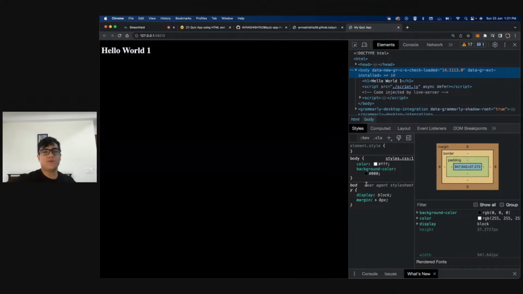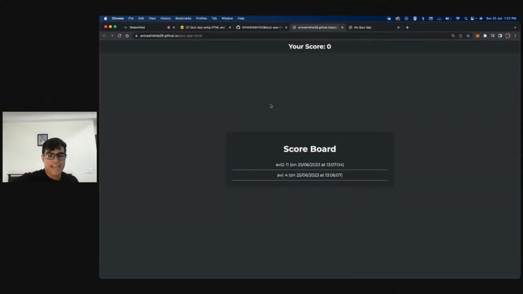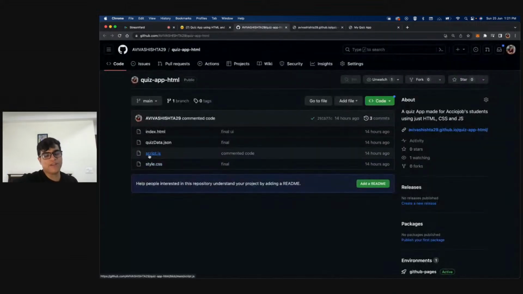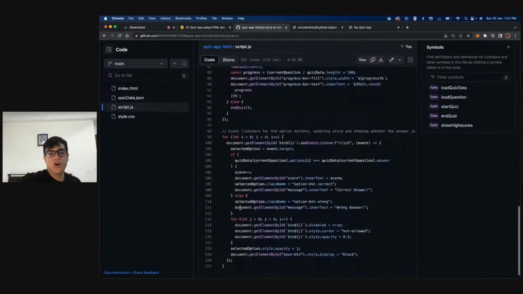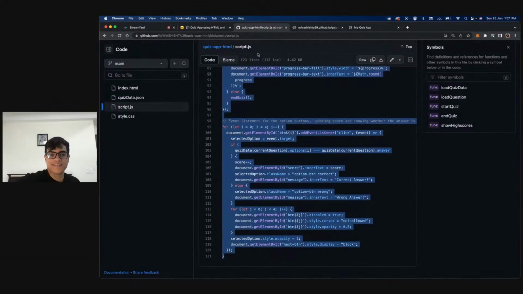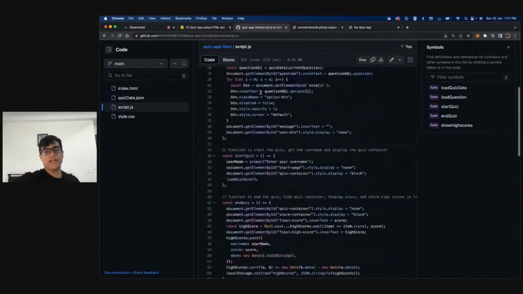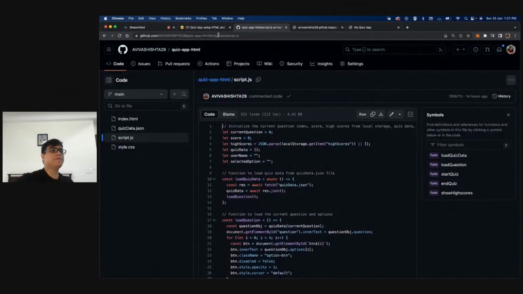And one more really cool thing that I want to let you guys know is that for this entire project that we're building, if you have a look in the GitHub repo and go to script.js, you will see the main logic is just around 120 lines. So imagine, with just around 120, 150 lines of code, we will be building a proper, fully functional quiz app. Isn't that cool? It is not really a huge application per se.